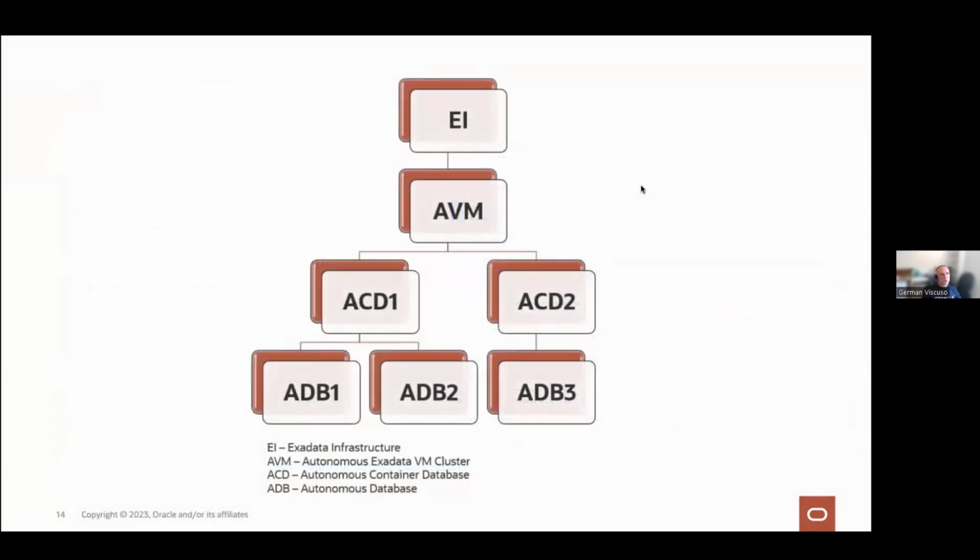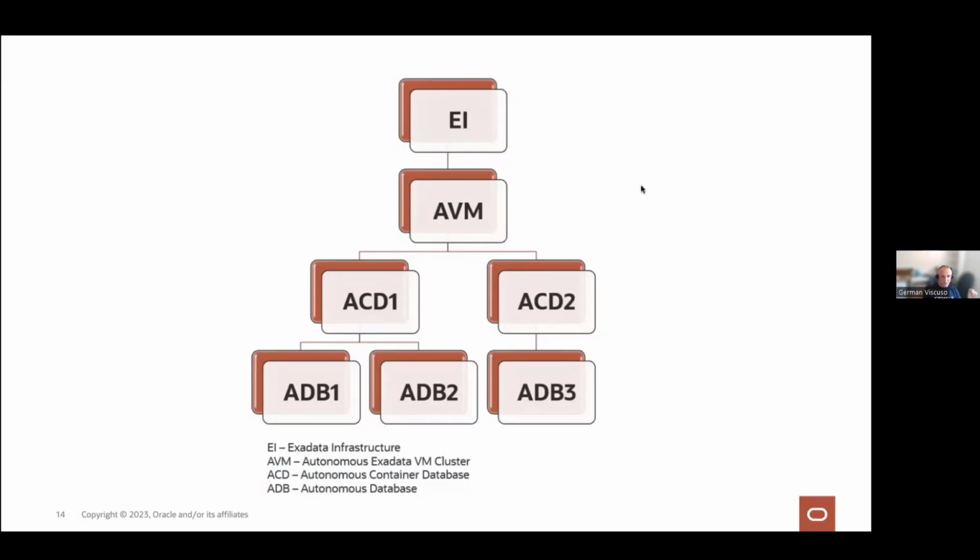All right, so just a very quick understanding of the underlying infrastructure of an autonomous database. If you create an autonomous database dedicated, you're basically owning this whole stack that I'm showing here. We start from the Exadata infrastructure on the top, which is basically the metal box, which you create in the cloud, and it's being provisioned just for you. You can run an autonomous VM on top of it, which is a virtual machine that allows you to run an autonomous database. Then on top of it, you can run an autonomous container database, because we are using the